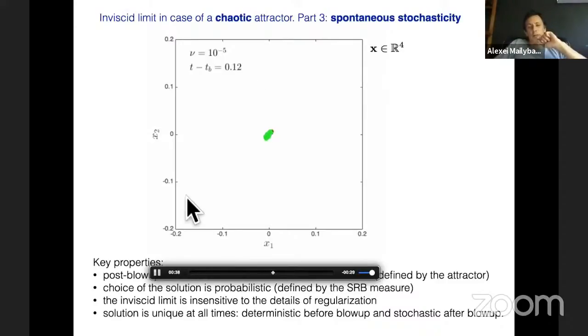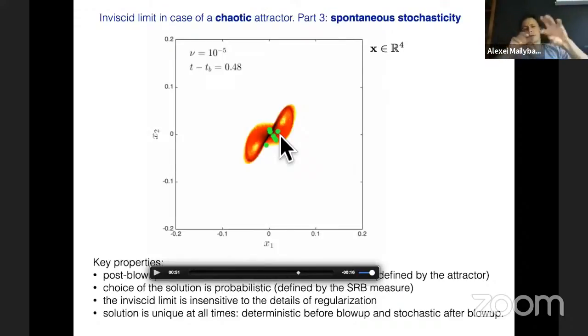But you see these green points, how many of them? Let's see. There are 1, 2, 3, 4, 5, 6, or maybe 7 green points. I think this should be 7 points. 7 different specific solutions, and the shaded region is a probability density function obtained from 100,000 solutions. So it shows you where it's darker, it's higher probability for the solution to be found there. When it's lighter, it's lower probability.